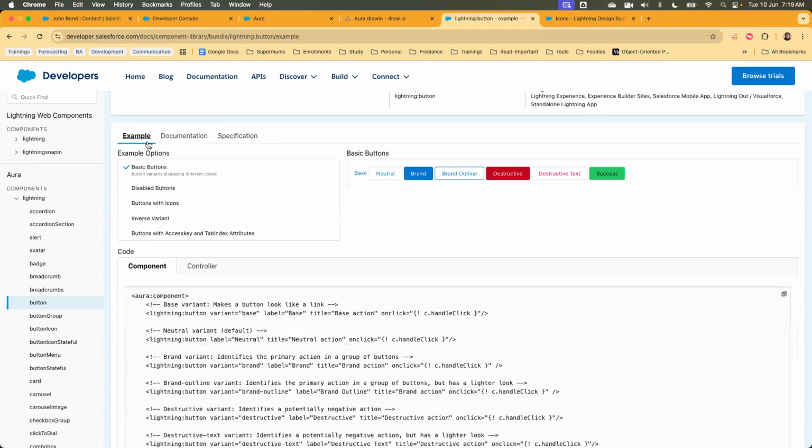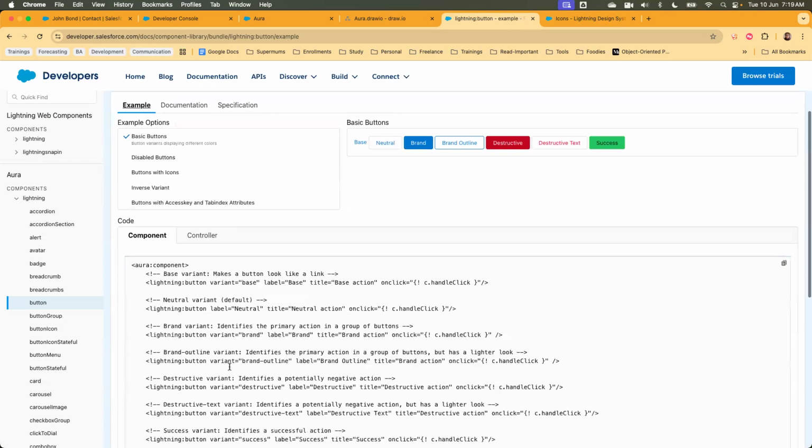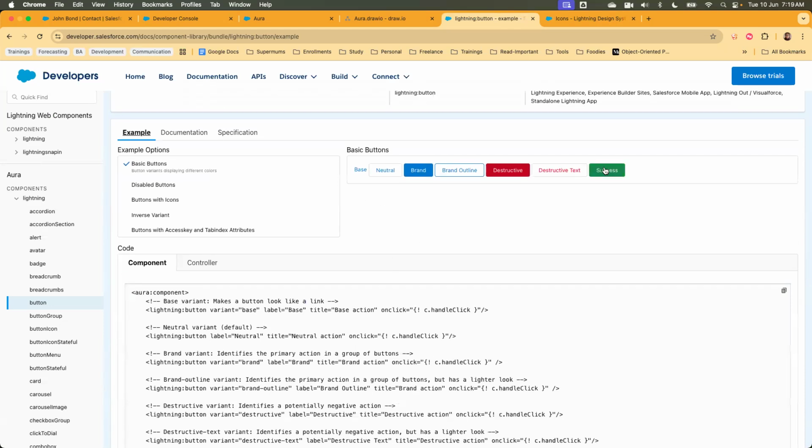And it can also help you to get the different styling. So these are the different types of buttons. So you can simply copy and paste that button. That's it. So if you want a button like this or this, you can simply use the same line that you have in here. So whatever you need, you can use it. So let's say this is the one that I want to use, the brand one. The variant is brand. So I'm gonna copy this